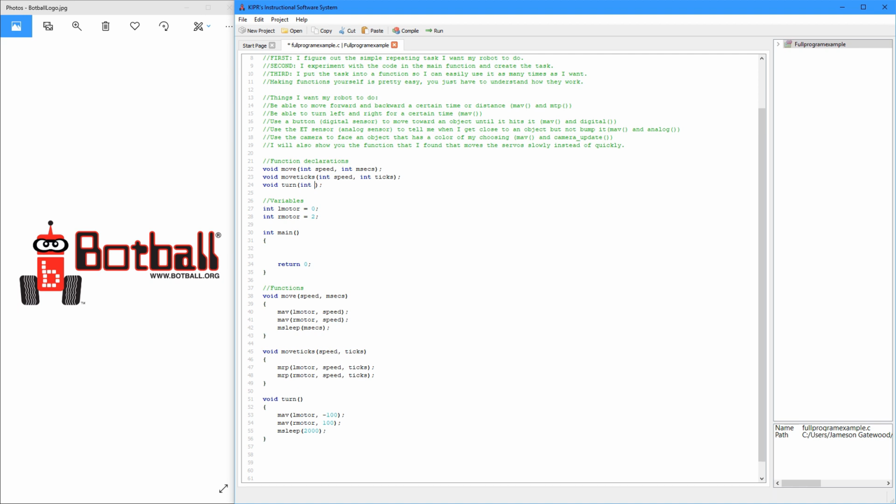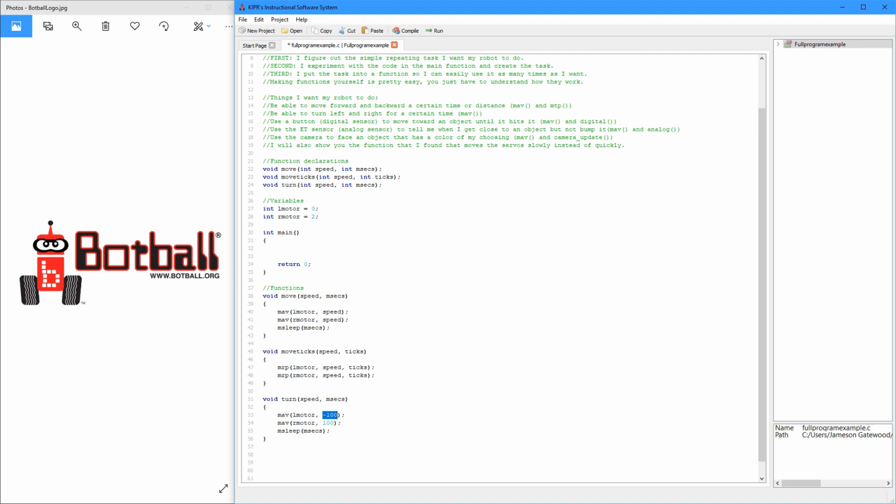So int speed and int imsex. Great. So then we'll put that down here, speed and imsex. And we will now put these variables in this right here. So I know for sure imsex goes there, obviously. Now the turning part. This is where you, when you're making this function, you as the programmer have